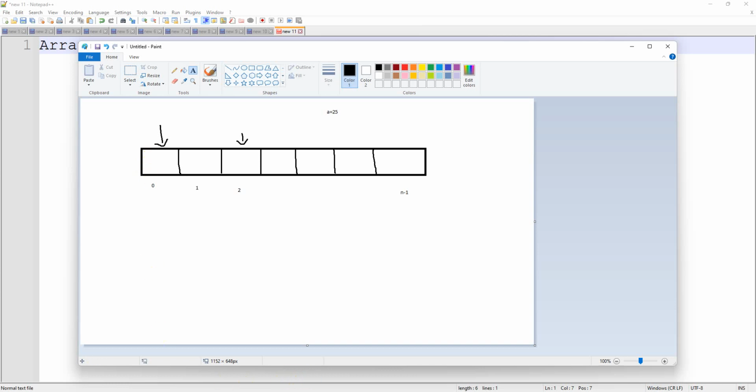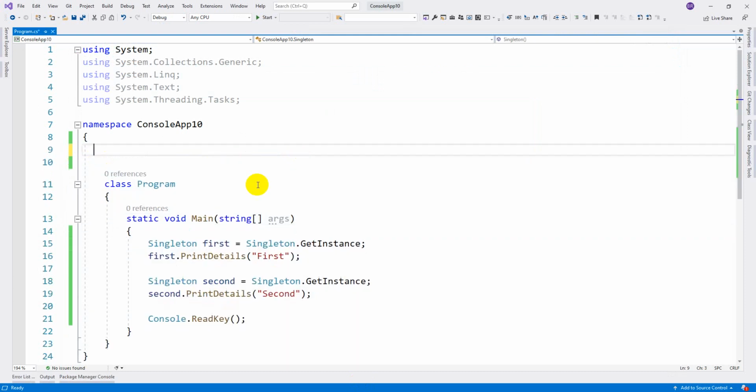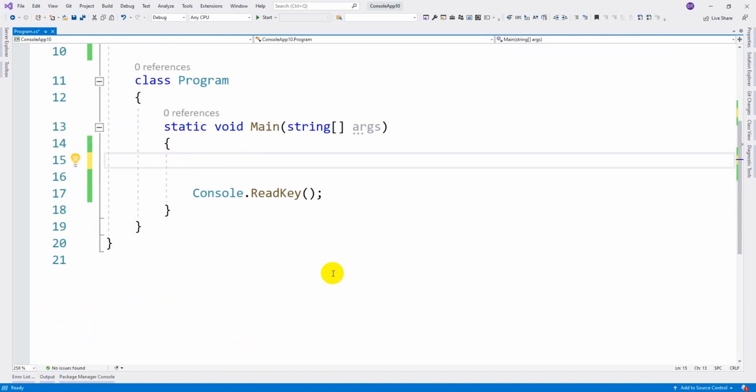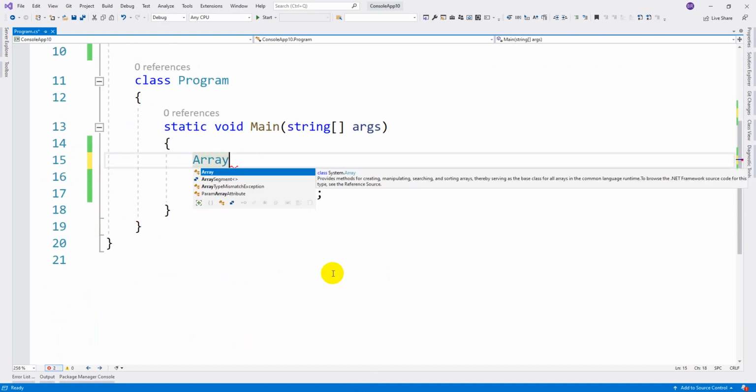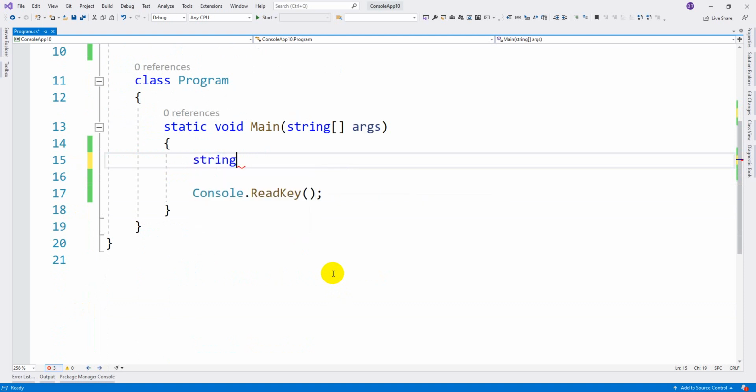So let's have a program with an array once again, so you can recollect how to create an array. Arrays can be declared like this. You stick to one particular data type. So string names equal to new string of whatever the size. Here you need to mention how many memory locations you require. Suppose I am giving 5.